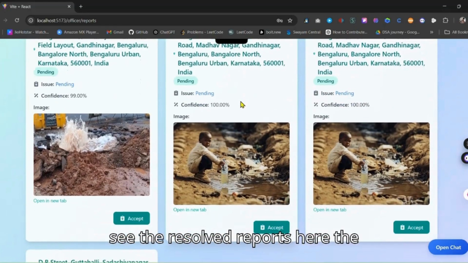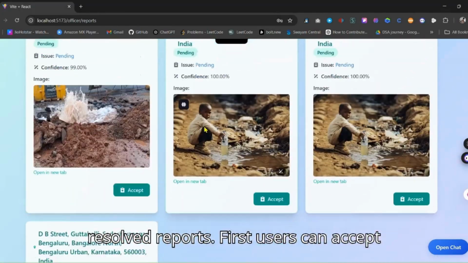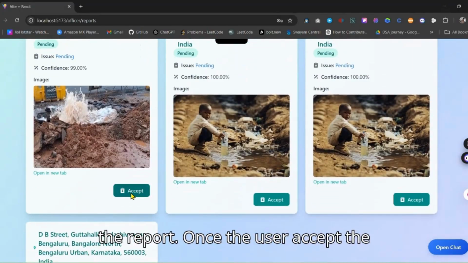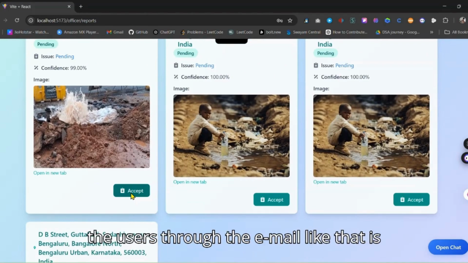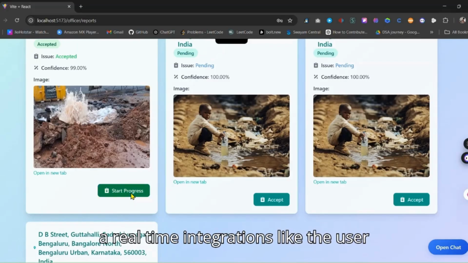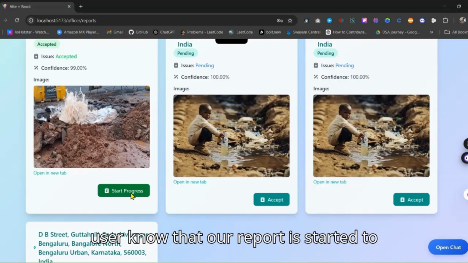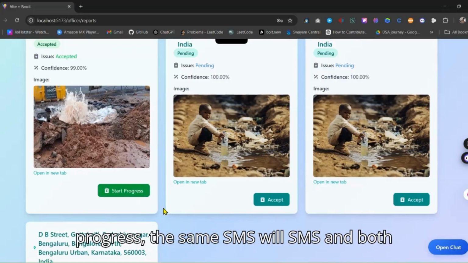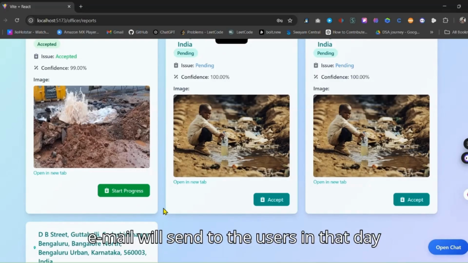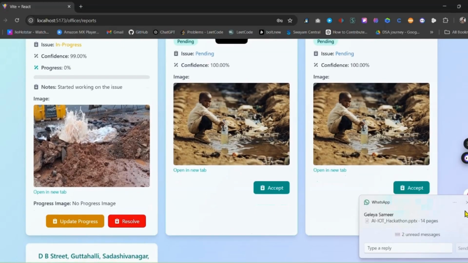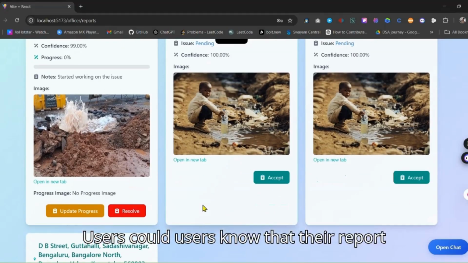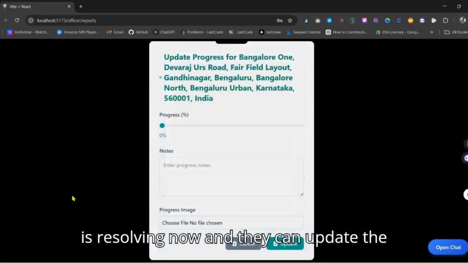As we can see, here are the resolved reports. First, users can accept that report. Once the officer accepts the report, the same message will be sent to the users through email. That is a real-time integration, so the user knows that our report has started to progress. When the officer again starts the progress, the same SMS and email will be sent to the users. In that, users know that their report is being resolved now, and they can update the progress